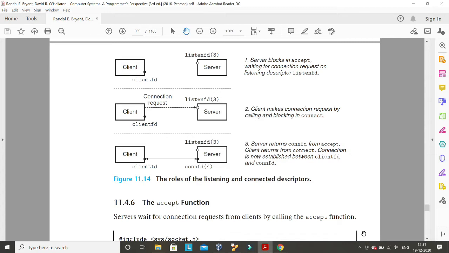There are many low-level functions to do this, but at the end, what I said is that there is a library available, CS app, and in that library there are two functions. One is open client fd and another is open listen fd, right? The open client fd function is used to create a client, and the open listen fd function is used to create a server, right?